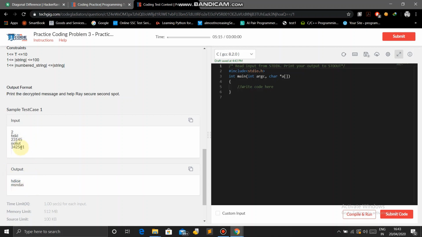उसके बाद अगर आप देखेंगे कि G क्या है 3, तो 3 इज अ ऑड नंबर. सो ऑड नंबर रहेगा तो हम इसके 3 पहले चलेंगे, G के 3 पहले चलेंगे तो क्या हो जाएगा, G F E D. So that is the D. You can see here is D. So we will replace the D.